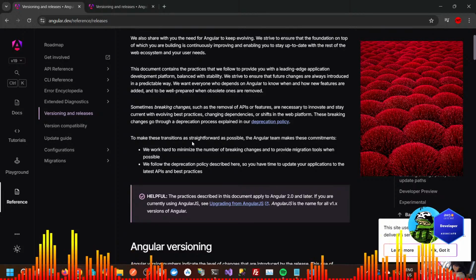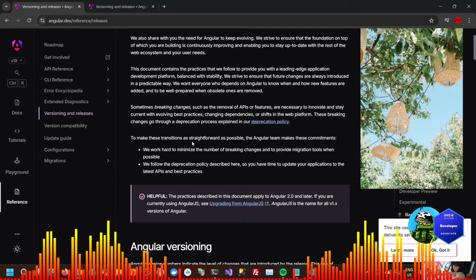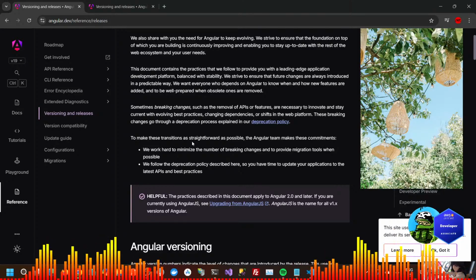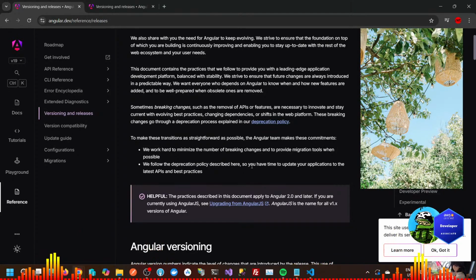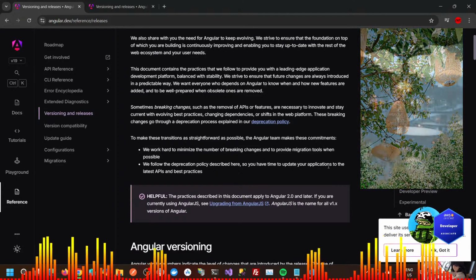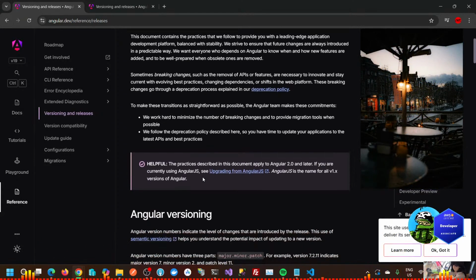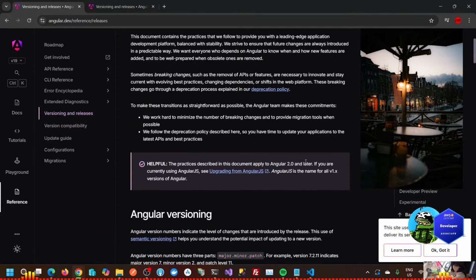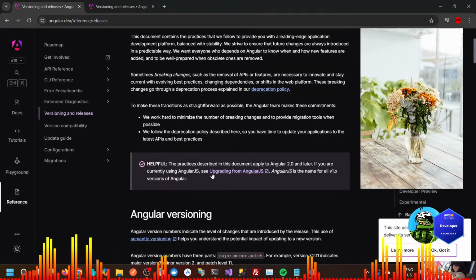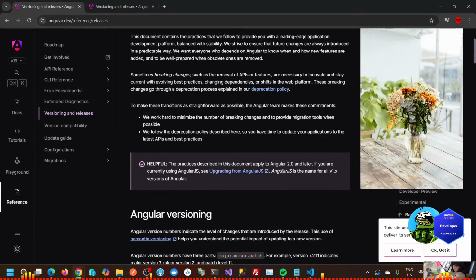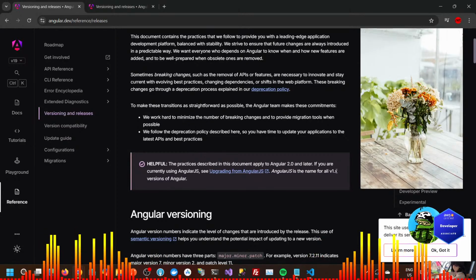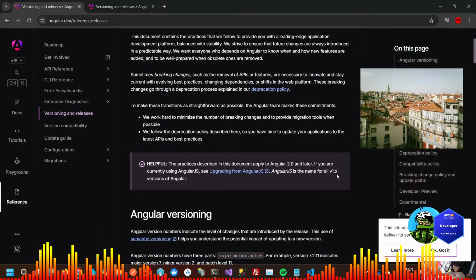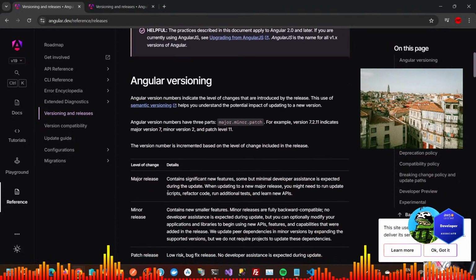We work hard to minimize the number of breaking changes and to provide migration tools when possible. We follow the deprecation policy described here, so you have time to update your applications to the latest APIs and best practices. The practices described in this document apply to Angular 2 and later. If you are currently using AngularJS, see upgrading from AngularJS. AngularJS is the name of all 1.x versions of Angular.